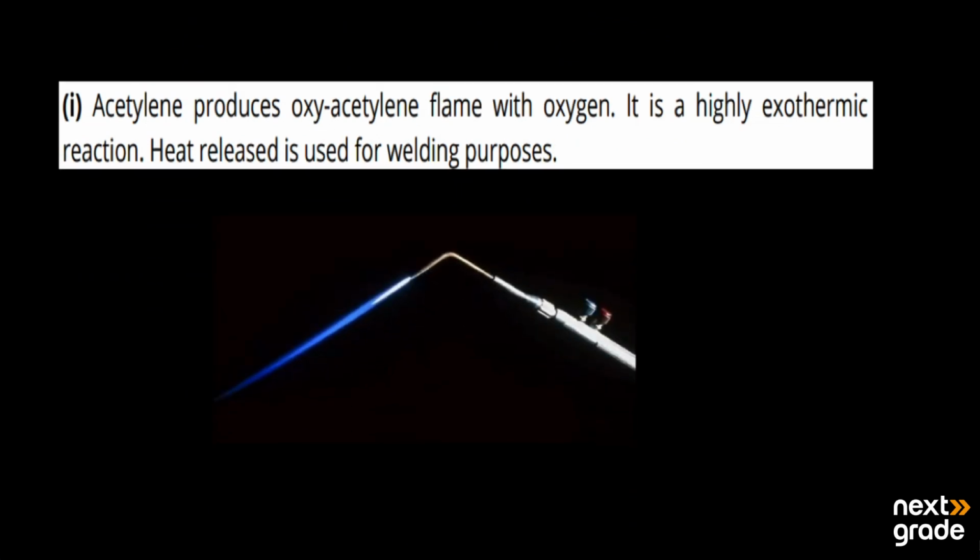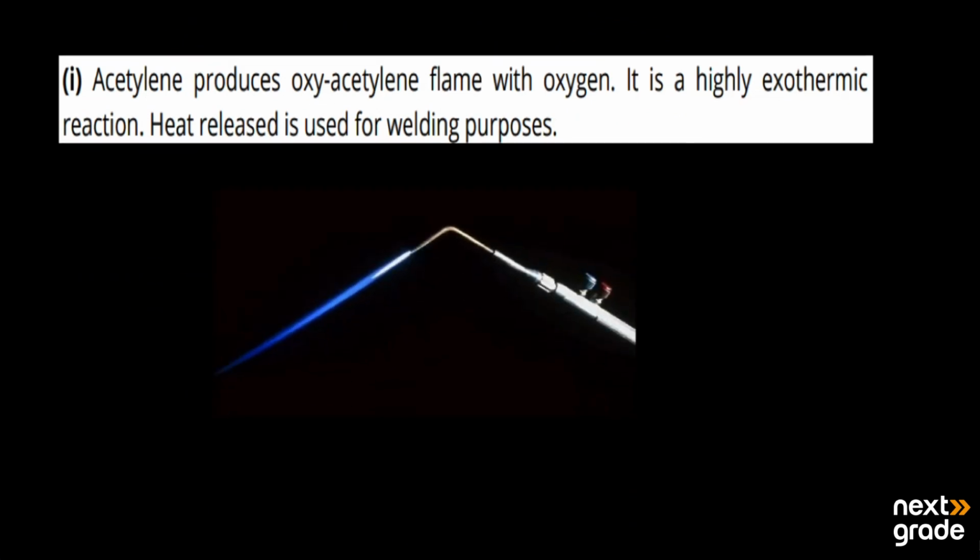The first use: acetylene produces an oxyacetylene flame with oxygen. When it reacts with oxygen, it produces a flame which is known as the oxyacetylene flame. In this picture, you can see that when it reacts with oxygen, it produces a blue colored flame. And this reaction is highly exothermic. Exothermic means here the heat will be released,